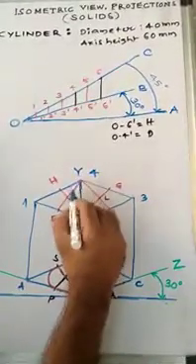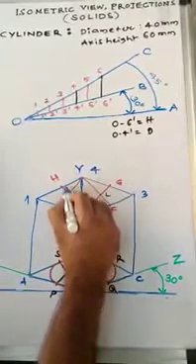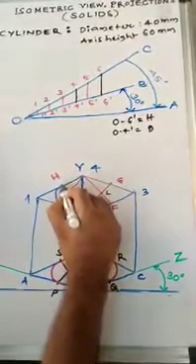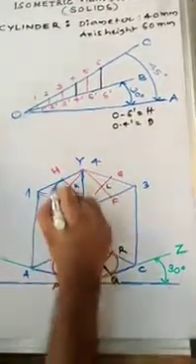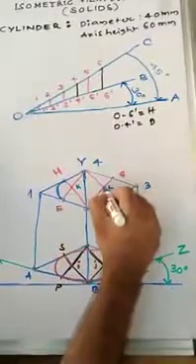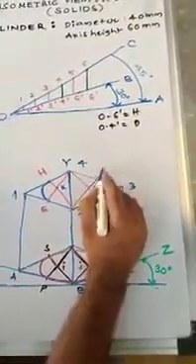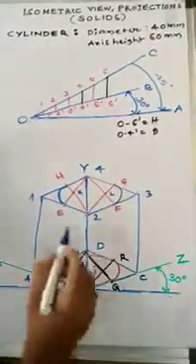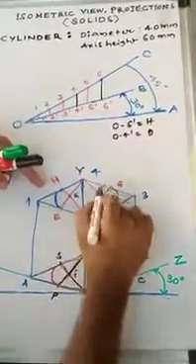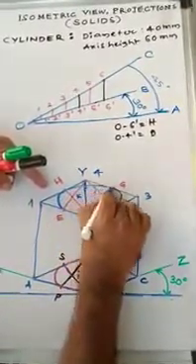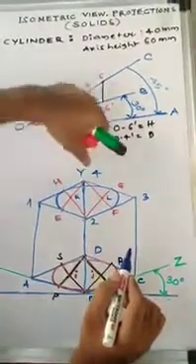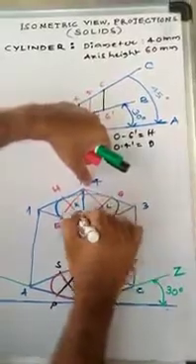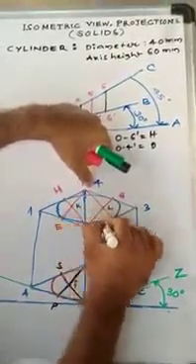K is the center, KH is the radius, or KE is the radius. By using a compass, draw an arc between the points H and E. Similarly, L is the center, LZ is the radius, L is the center, LF is the radius. By using a compass, draw another arc. Now 2 is the center, 2H is the radius, draw an arc between the points H and C. 4 is the center, 4E is the radius, 4 is the center, 4F is the radius, draw an arc by using a compass between the 2 points.